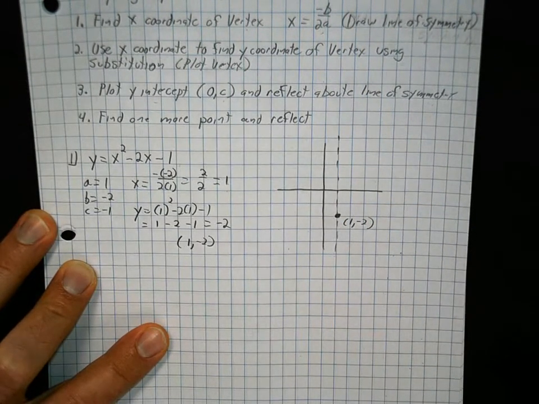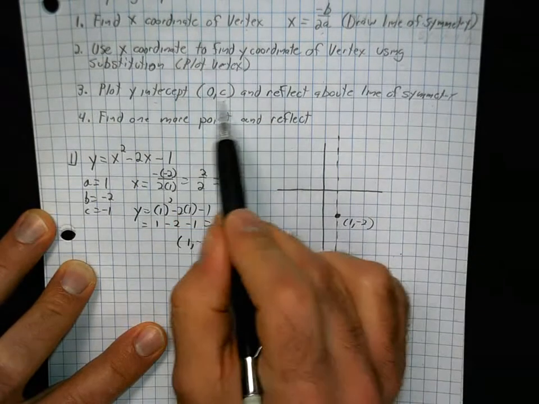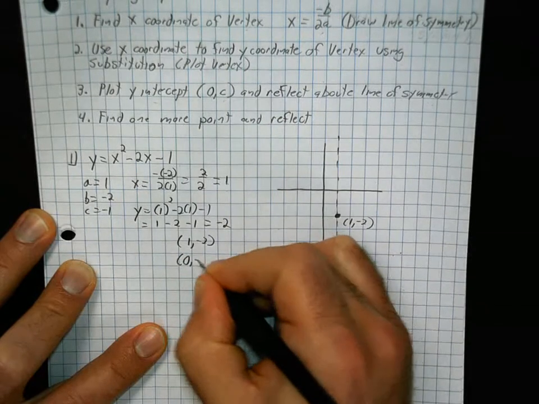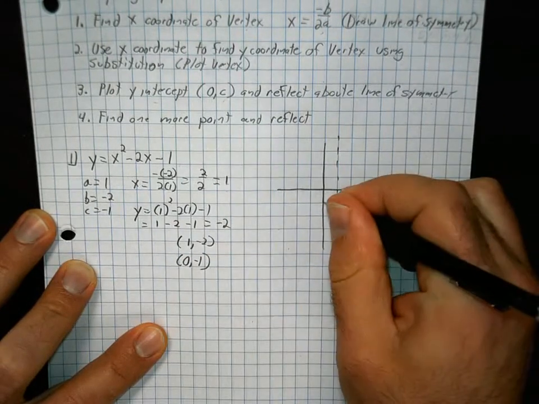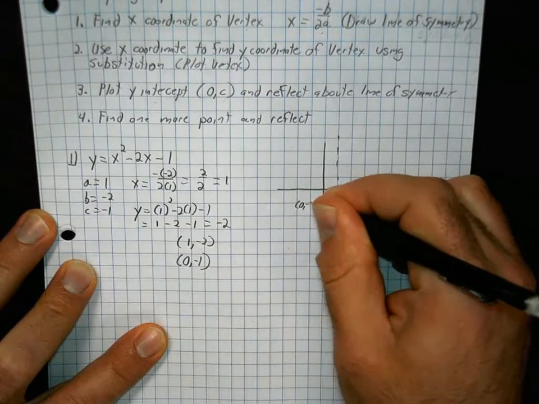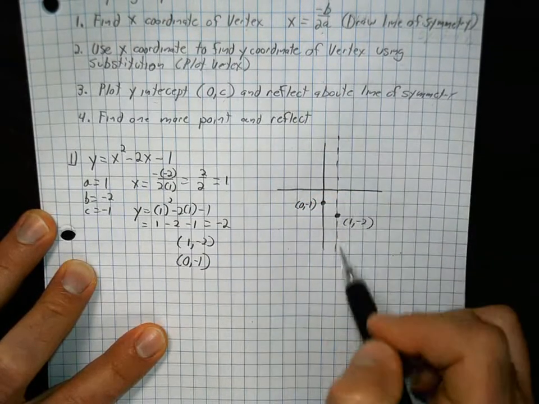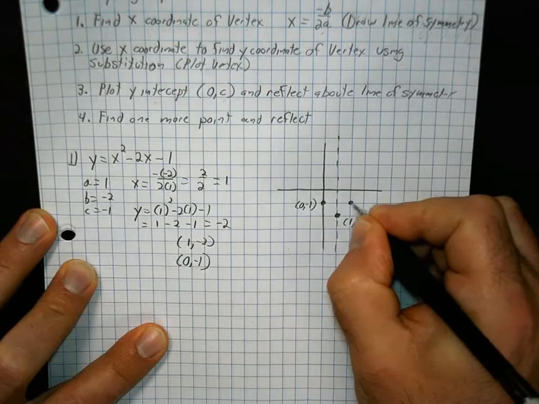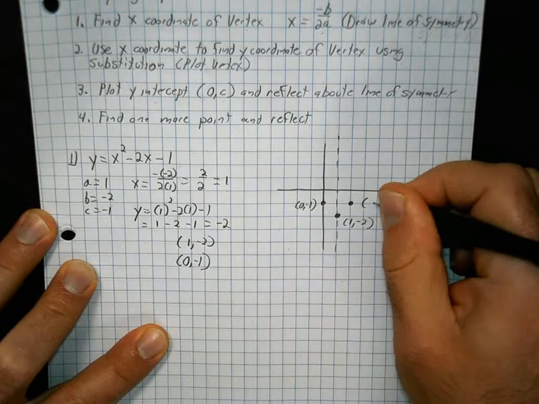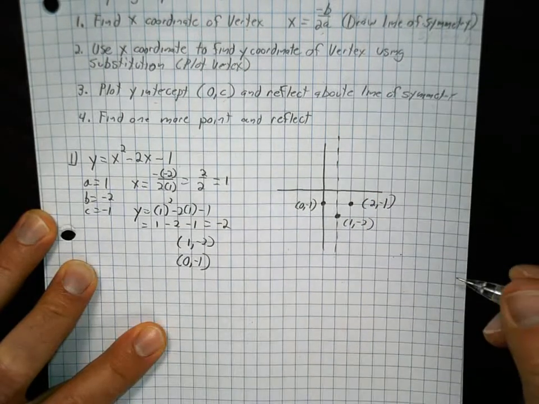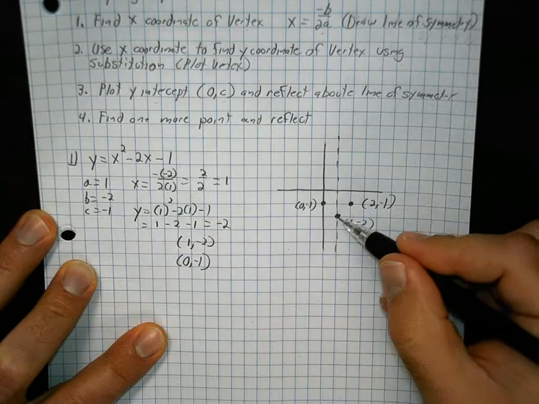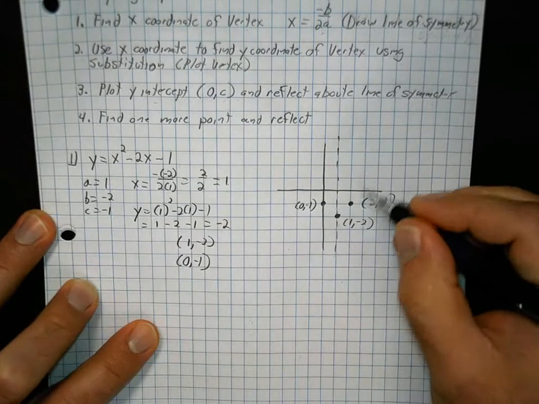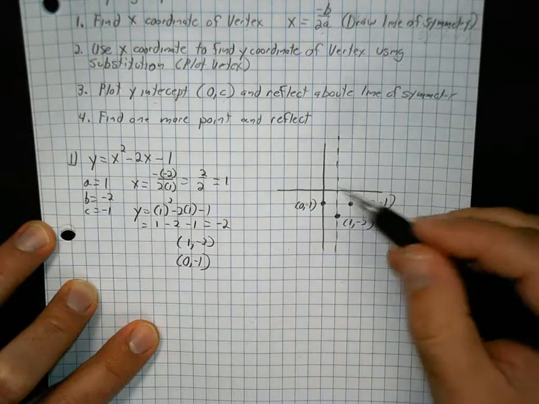Okay. Step 2 done. Step 3, plot the y-intercept, 0c. 0c is negative 1. So 0, negative 1 is another point. Okay. Because a parabola is symmetric, I can reflect that point over to this side, and I have a third point, which is 2, negative 1. Now technically, 3 points are enough to look at and see a sketch of my parabola. But it would be useful to be able to find one more point, reflect it to have a total of